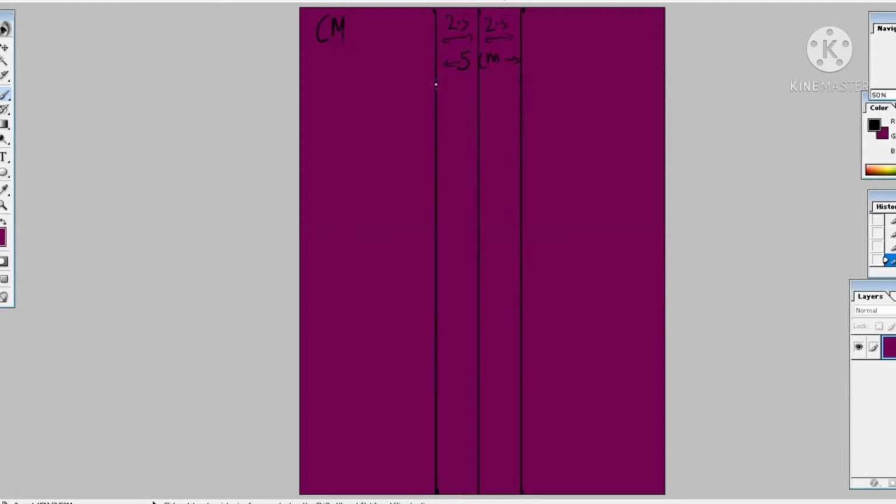Now look, I am measuring 5 cm and I have drawn a sleeping line. So I have got a square at the top of our A4 sheet. Now again I'm measuring 5 cm, again the middle is 5 cm, on the right also 5 cm, so total 15 cm.